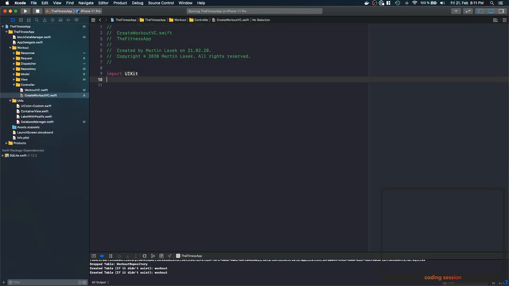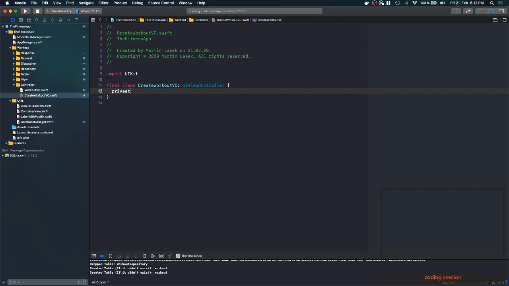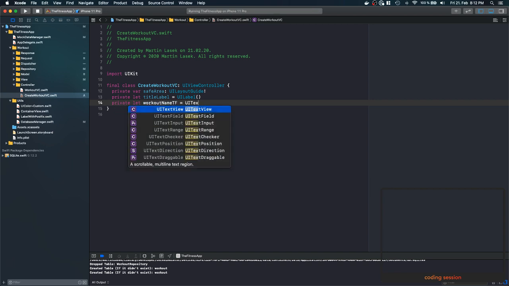So in here, import UIKit, final class CreateWorkoutVC, UIViewController, has a private var save area, has a private let title label, and basically that workout name text field, UITextField,